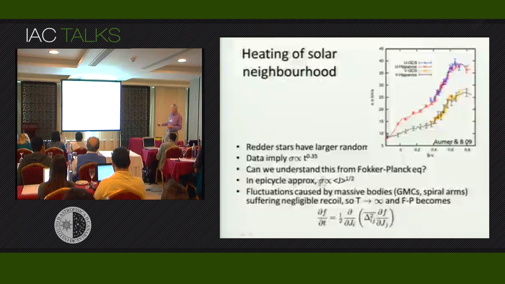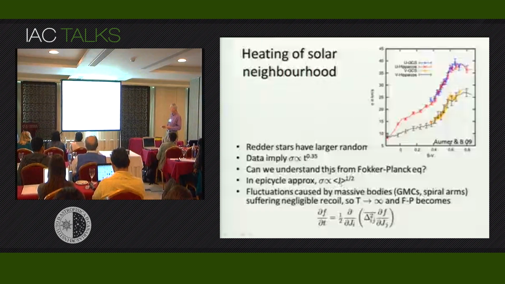So I'm going to do this under a reasonable but not wonderful assumption that the random velocity, this number plotted here, is proportional to the square root of the average value of the action. If I look at the stars that make this data point, they have a bunch of different radial actions, but there is some average value for the stars in that bin, which is smaller than the average value for the stars in this bin, and there is some relationship between average value of action and velocity dispersion.